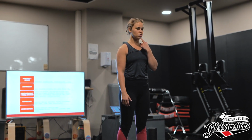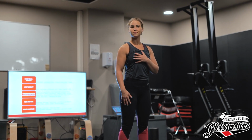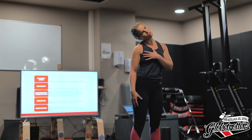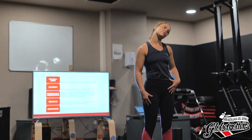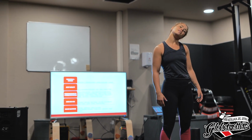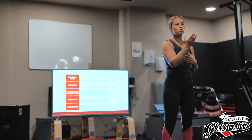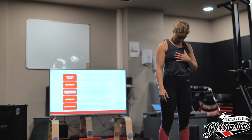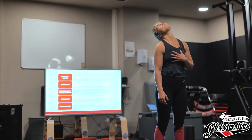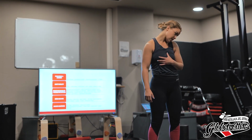The next thing, you put your chin in and you look to the right and left, here. And next thing, you put your ears toward your shoulders, you keep your rib cage in the same place, opening up the neck, and then you do a small circular movement, and you just do half a circle in the beginning. So you do half circles here, because for some people this is a lot of strain on the neck. So we just start here, left and right,